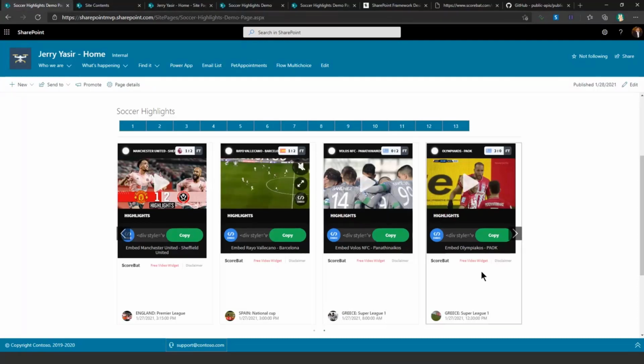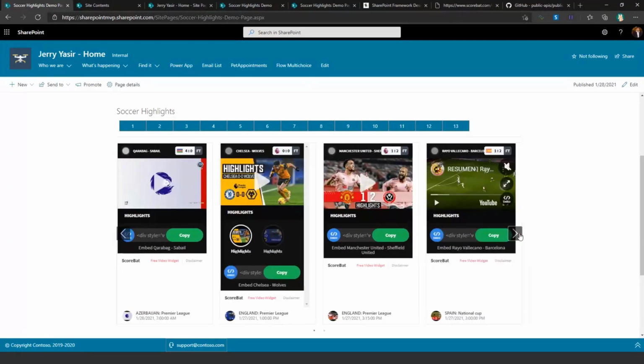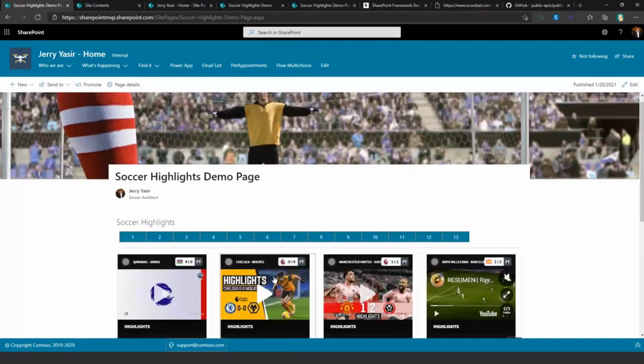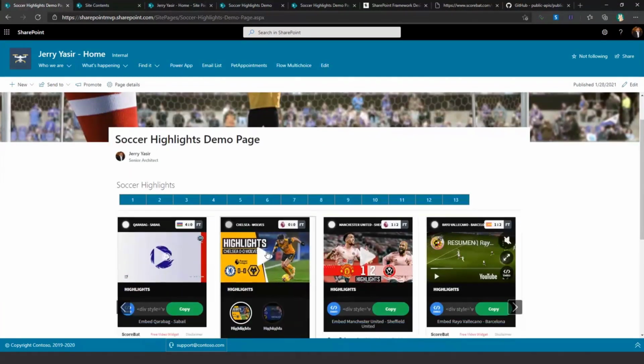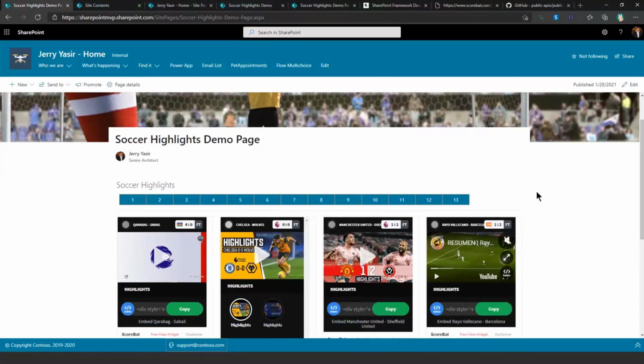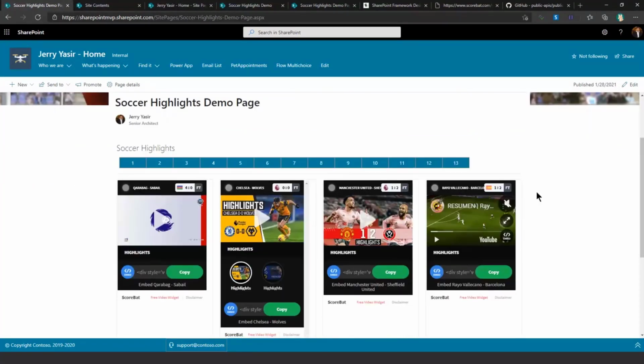One great thing about this widget is that it shows you any available live games that are happening right now. Any free games that are happening will appear as green on the top, and if you click on this link, it will take you to that video link and play that live game as well. So it's also a great way of accessing those videos. And the paging, as I showed before, works in the flat screen mode. So there is nothing special here.